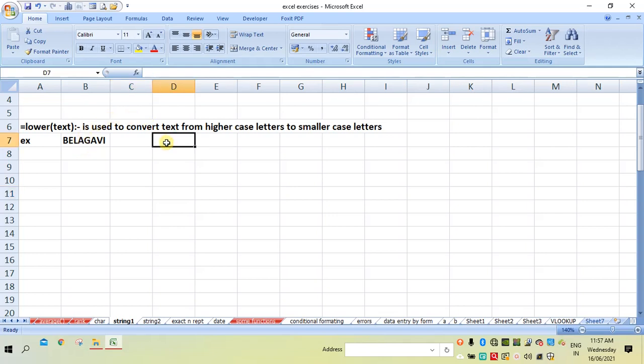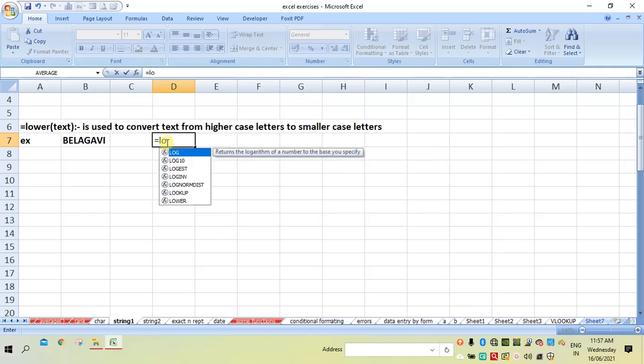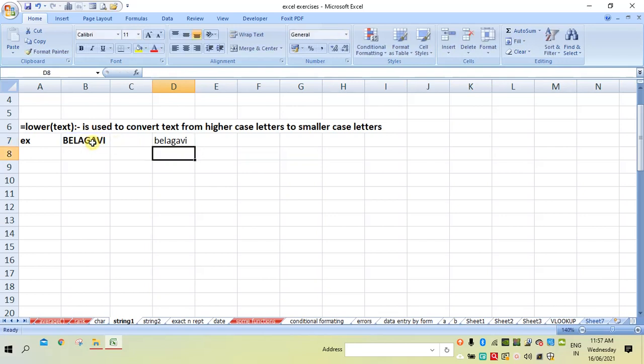So to convert, the function will be equal to lower in bracket, specify the cell address. So now the BELAGAVI, which is in uppercase in B7 cell, is converted into belagavi in lowercase letters.